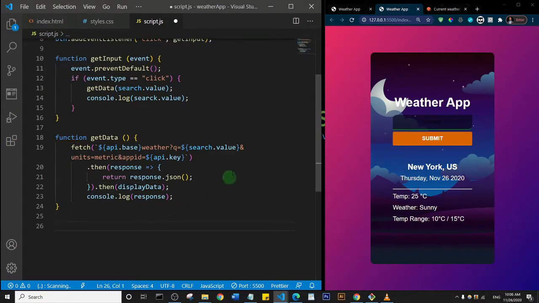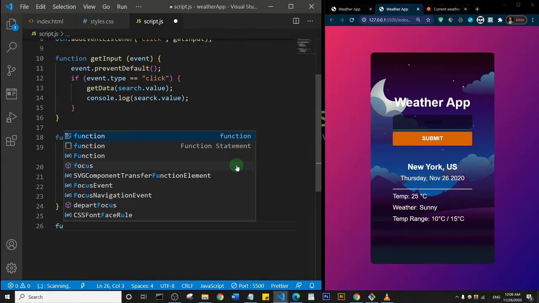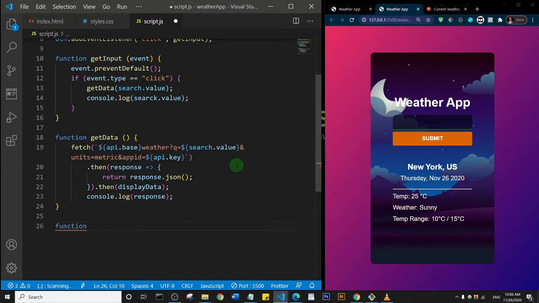So what we need to do is create a function for the data display. So I'll say function displayData, right? And I'm going to pass the response parameter into this, and then I'll grab this guy here and I'll place it here. Okay,